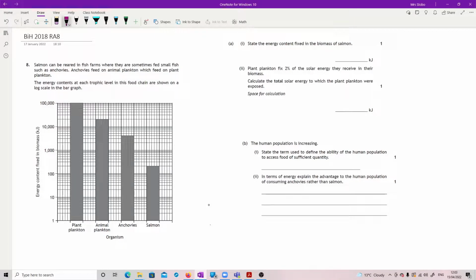Question 8. Salmon can be reared in fish farms where they are sometimes fed small fish such as anchovies. Anchovies feed on animal plankton, which feed on plant plankton. The energy contents at each trophic level in this food chain are shown in the log scale in the bar graph. Okay, so basically we are saying this is the food chain that we are looking at, and you're being